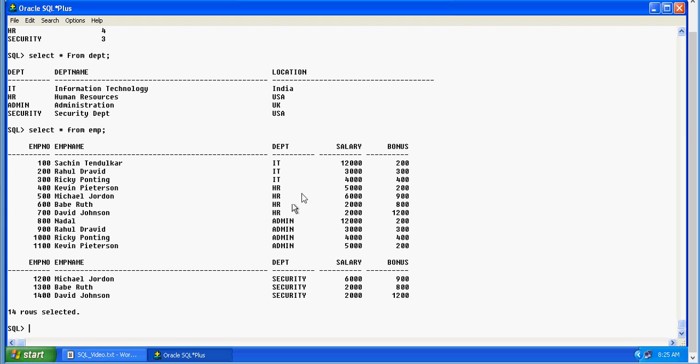But it is a primary key in one table representing the same column as non-primary key in other table. This is known as a foreign key. I repeat, a foreign key can be a primary key as well, but in our example, the primary key of department is not a primary key in the employee table, but it is represented as a foreign key.